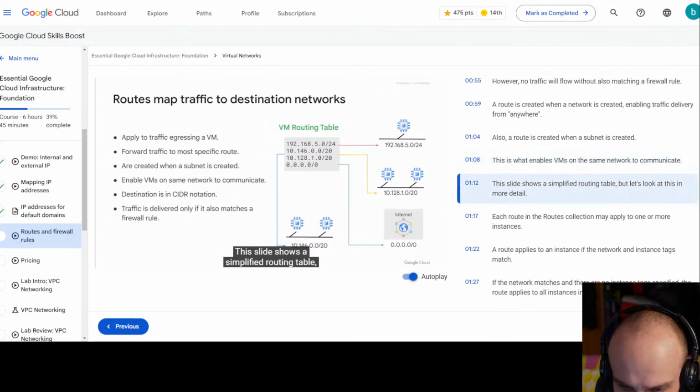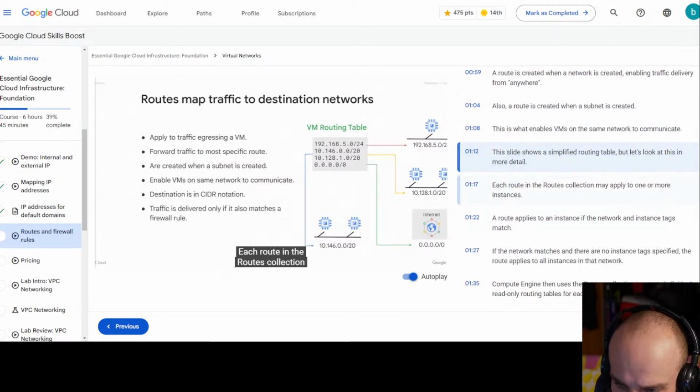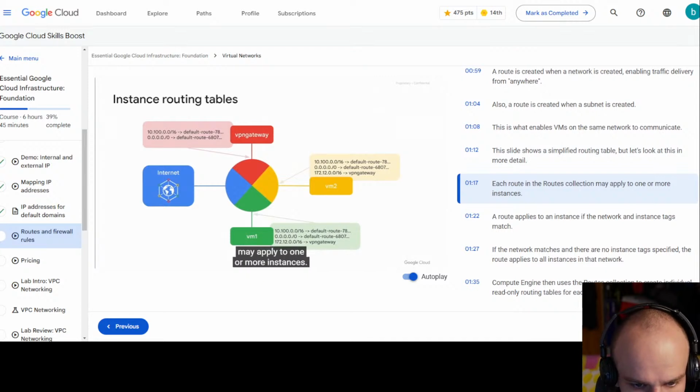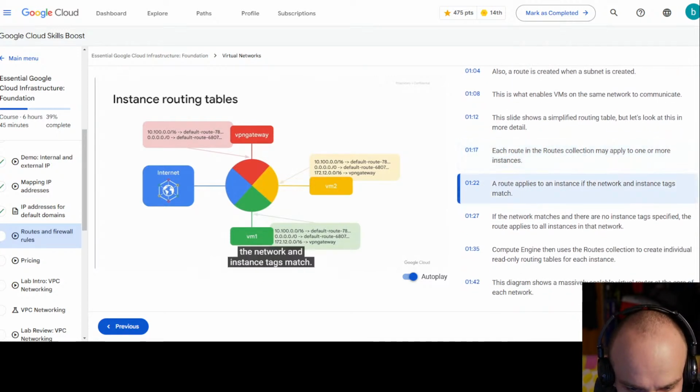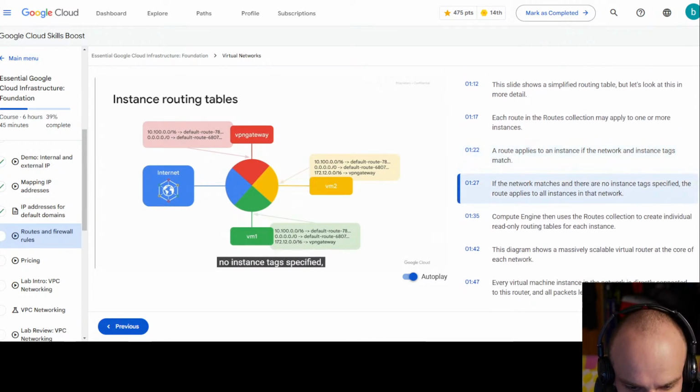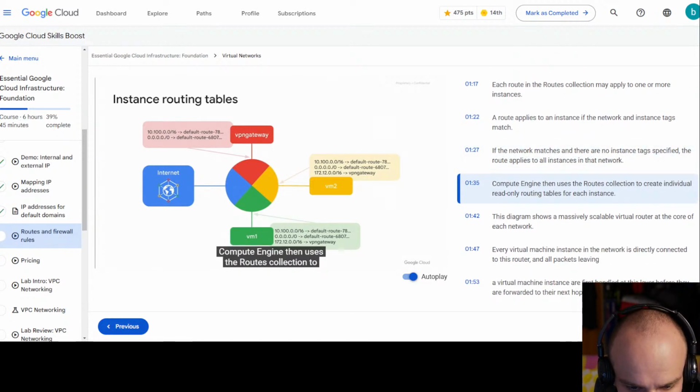This slide shows a simplified routing table, but let's look at this in more detail. Each route in the routes collection may apply to one or more instances. A route applies to an instance if the network and instance tags match. If the network matches and there are no instance tags specified, the route applies to all instances in that network. Compute Engine then uses the routes collection to create